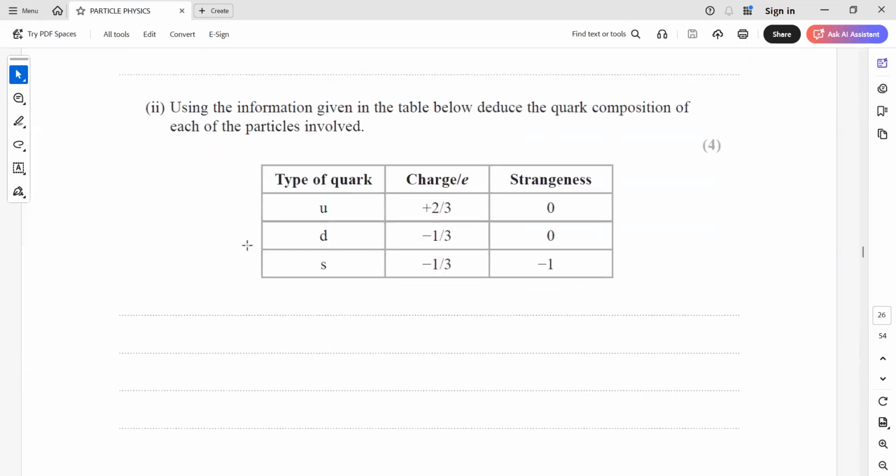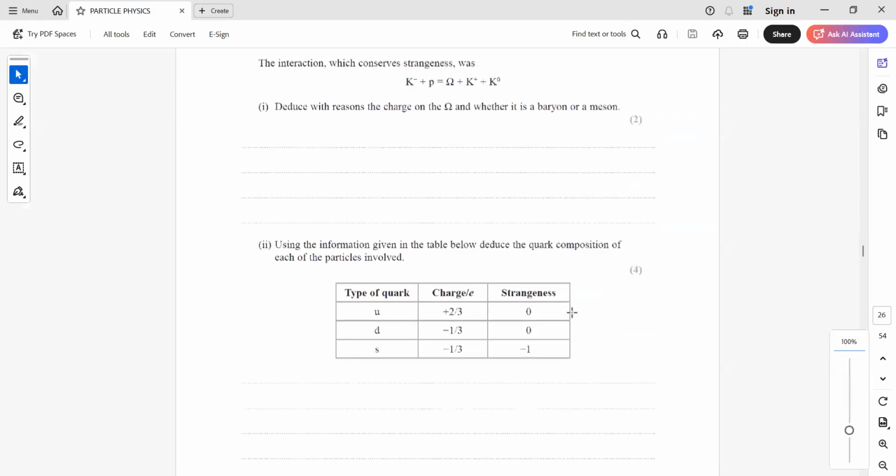Then, using the information given in the table, deduce the quark composition of each particle involved. So how can we determine the quark composition? The equation is given, which is K minus plus proton gives omega plus K plus K zero. What is proton? We know proton is up, up, and down. Now for the K,